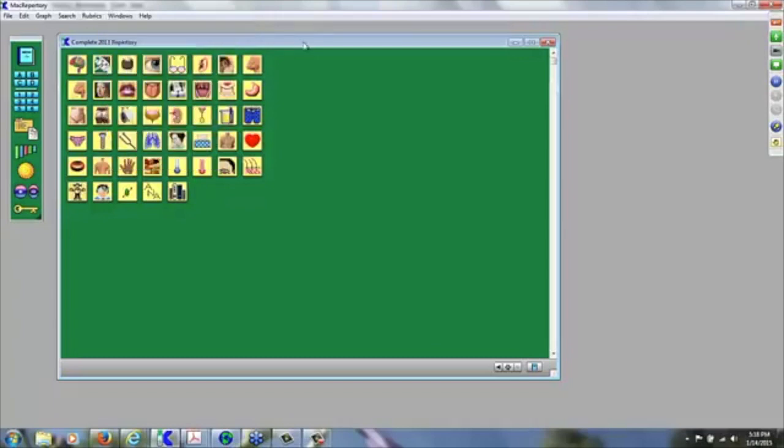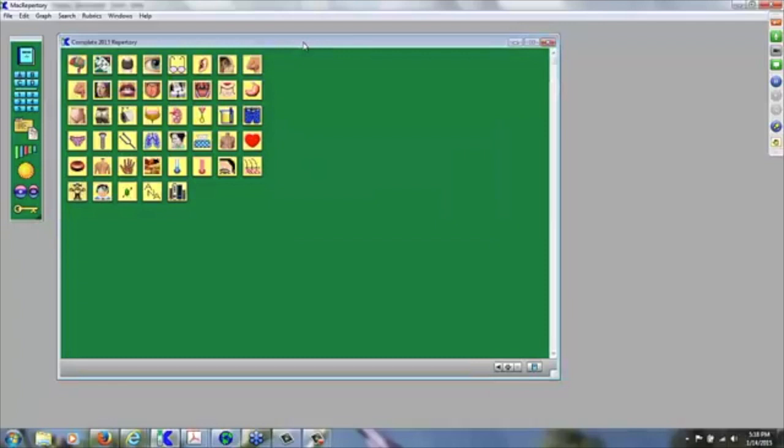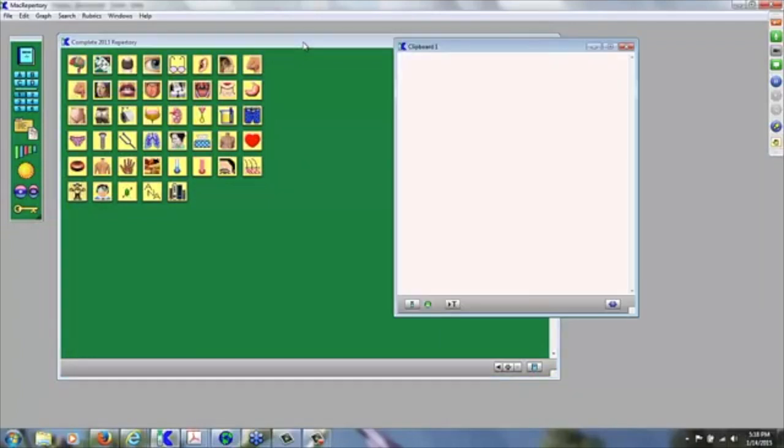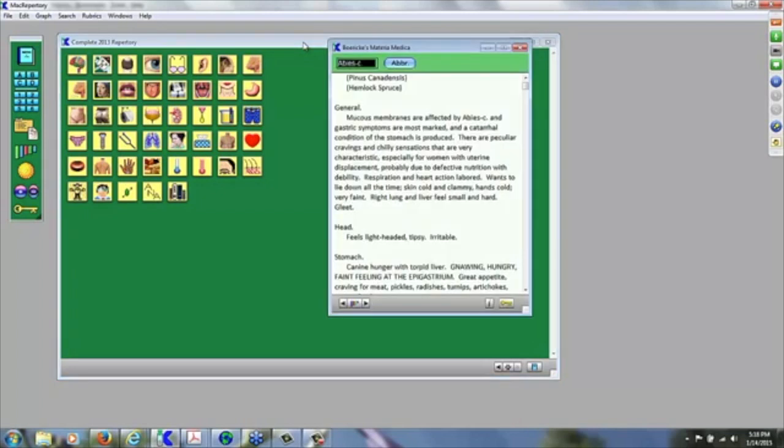Let's say I want to open up clipboard A. Control 2, and there's clipboard A. If I want to close it, Control W closes it. If I want to open up clipboard 1, I'll do Control 3, and there's clipboard 1. And if I want to close it, Control W. If I want to open up the keynotes, it's Control 4, and there's my keynotes, and I want to close